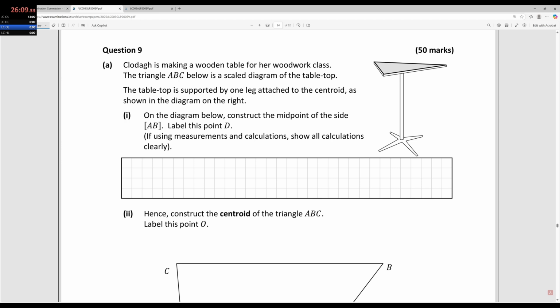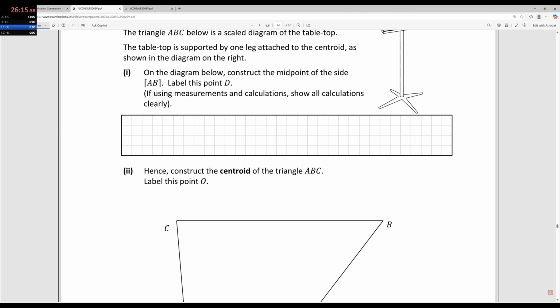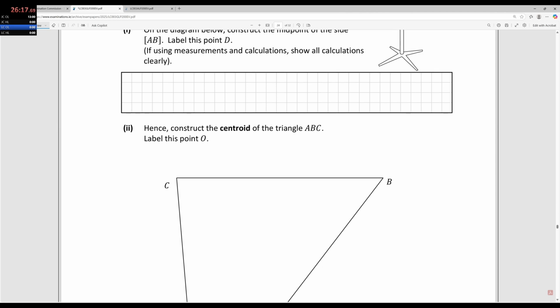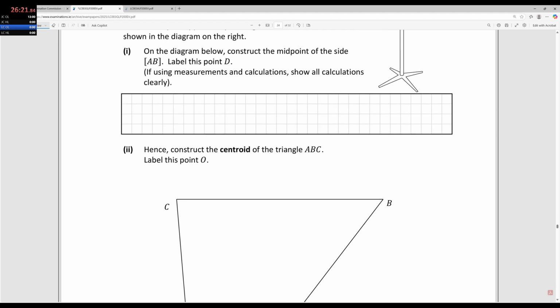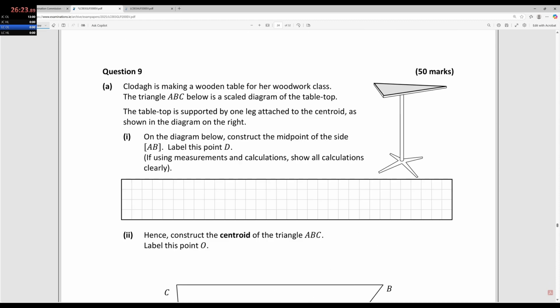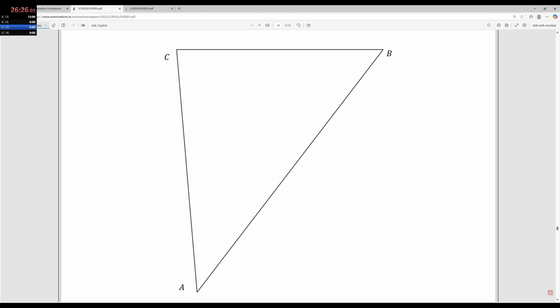Claudia's making a wooden table for her woodwork class. A triangle, there's a scale diagram on the table. On the diagram, we'll construct the midpoint of the side AB, using measurements and calculations. You could have done it using the centroid at ordinary level, really. So what you had to do was, they were letting you measure it, but what I would do is put your compass here,